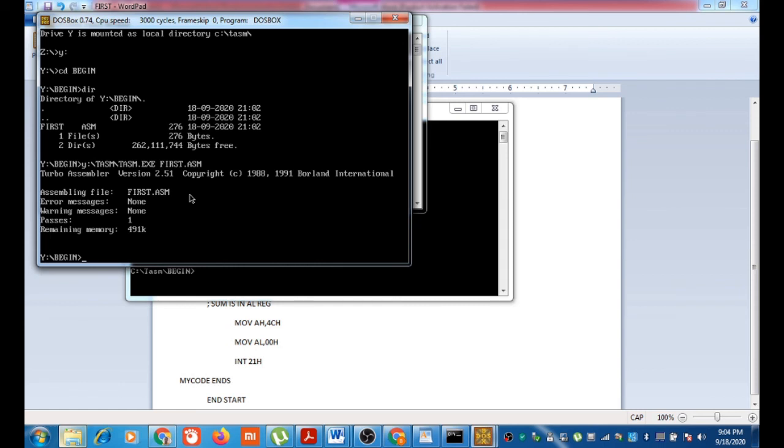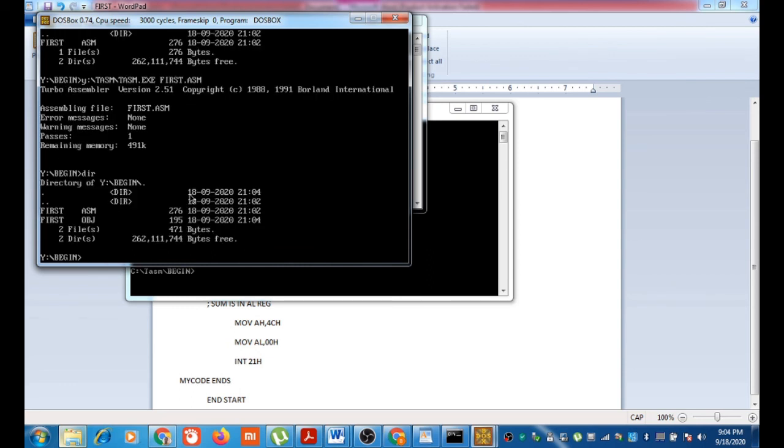It translated without an error. Next, I want to make it executable. So let us check the directory. It has created the obj file. Then I have to link it, first.obj.